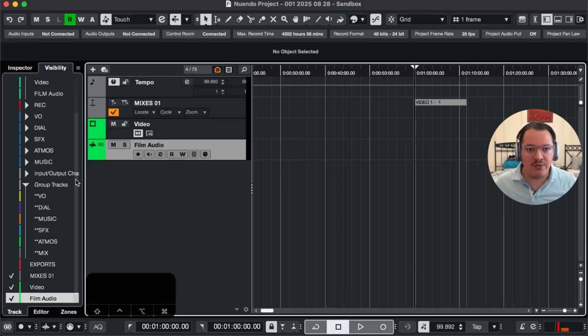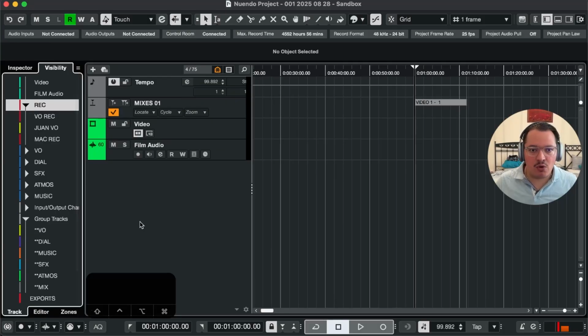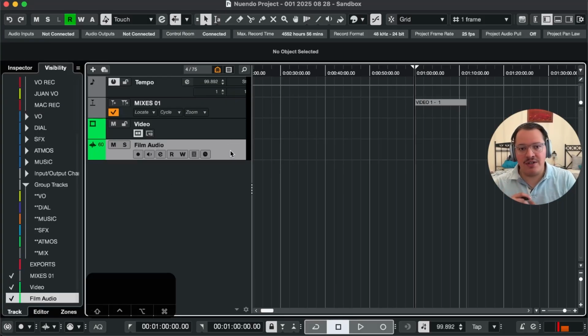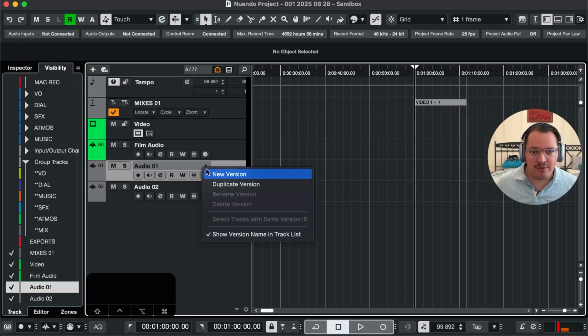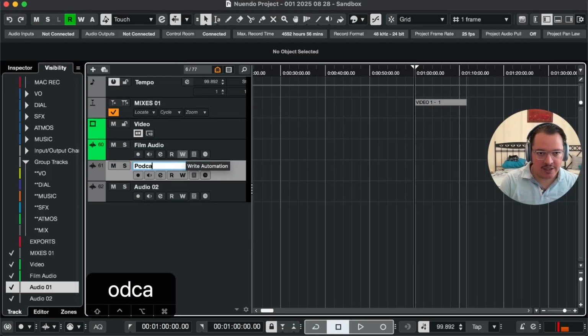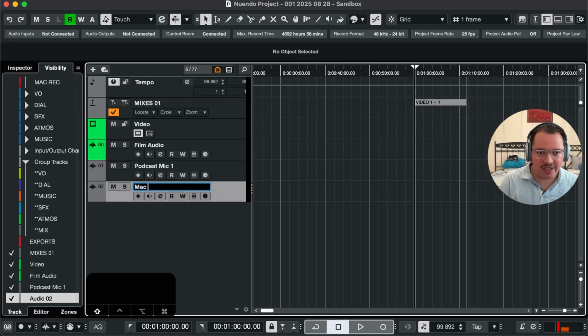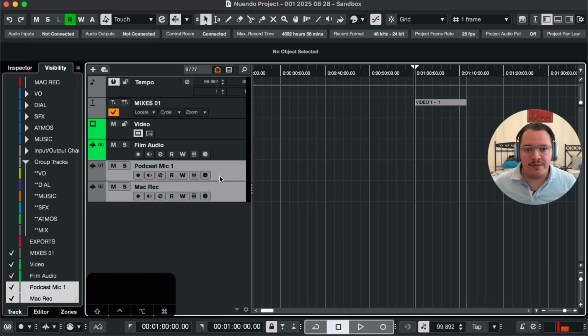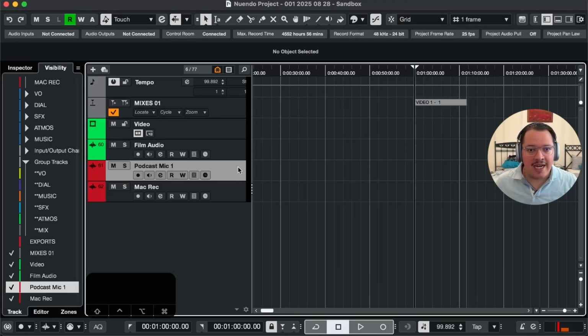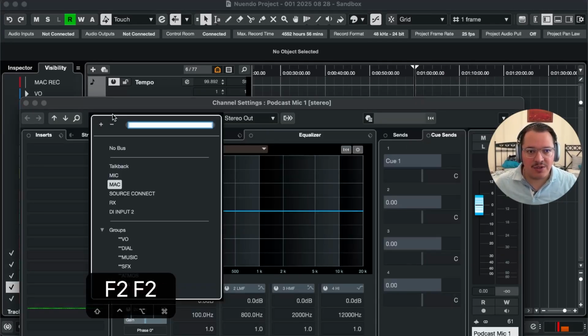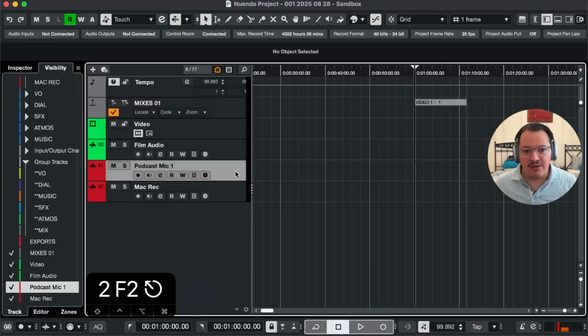So let me just show you the other tracks that we create. Now we've got record tracks. Depending on how your studio looks, depending on what microphones you have, the main record track that we will have here is, in my case, my podcast mic 1, and this would be Mac records. So those I'll make red because I know that I'll be recording into them. And for the podcast mic, I would just use the mic input, which I have set up in the template